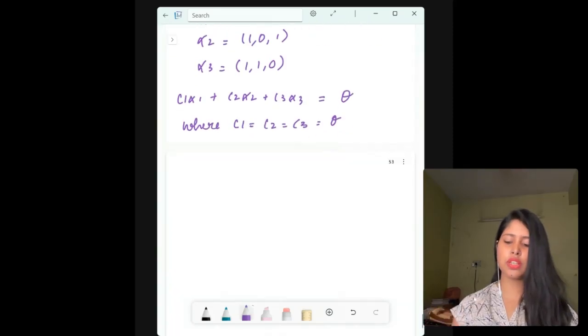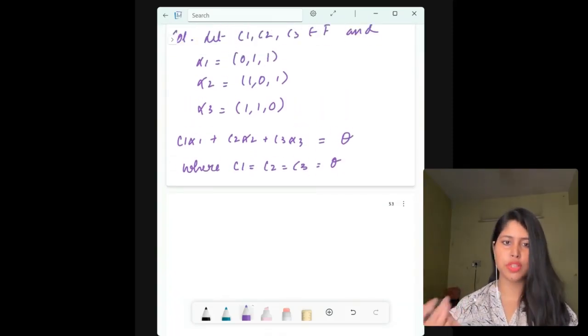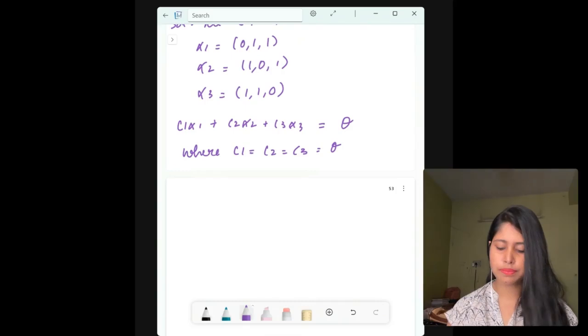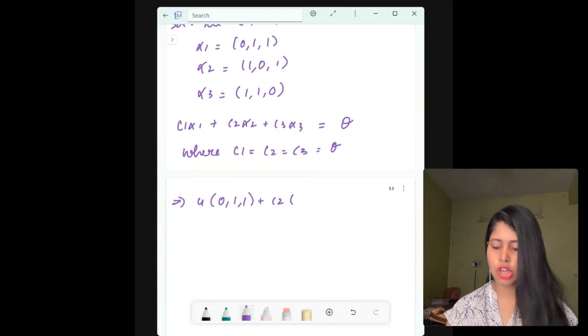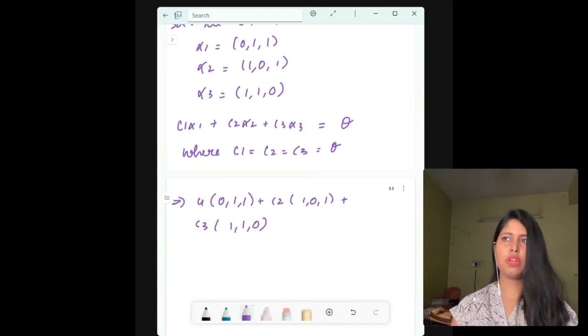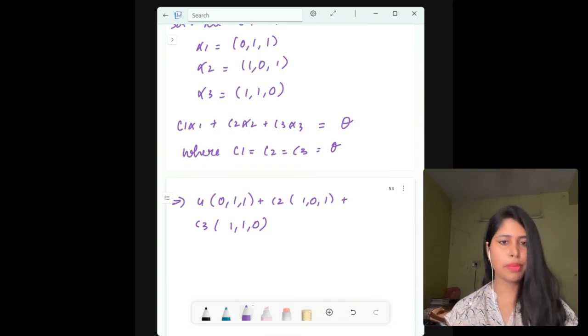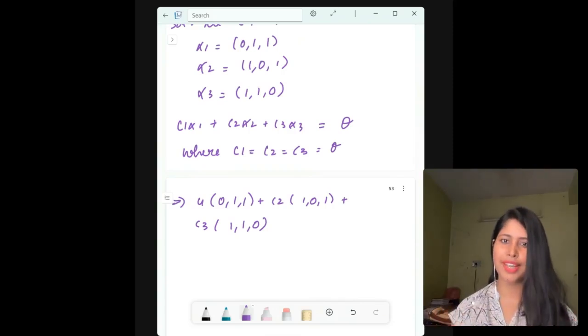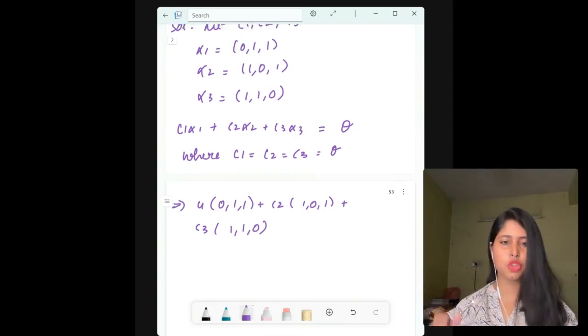So next you need to just substitute the values of alpha, then you do the scalar multiplication. So let me do that. C1 into 0 comma 1 comma 1 plus C2 into 1 comma 0 comma 1 plus C3 into 1 comma 1 comma 0. Now I understand that I have not taught what is dimension and basis, right? So in the upcoming videos I will teach about basis vectors and everything, then you can understand why I said that these are standard basis vectors. Okay, do not think about that now, just think about these vectors to be random vectors.